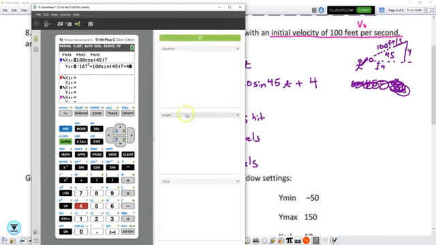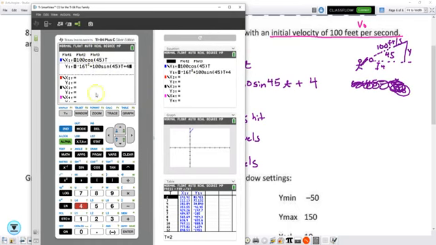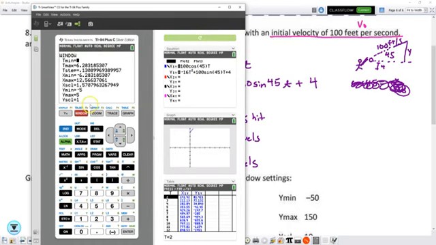I'm going to pop these out so you can see what my equations are. I'm going to reload that, and you can see that's there. So now I'm going to go to my window settings and change them to what it says on my paper. It wants me to have a T-min of 0, so I got that, a T-max of 10,